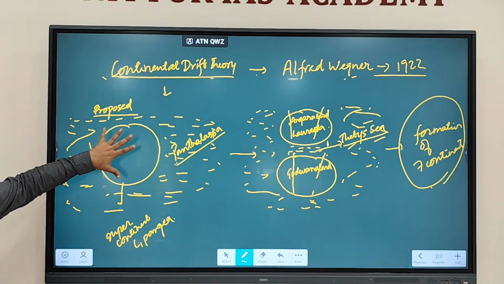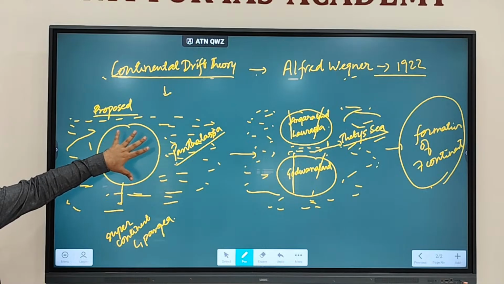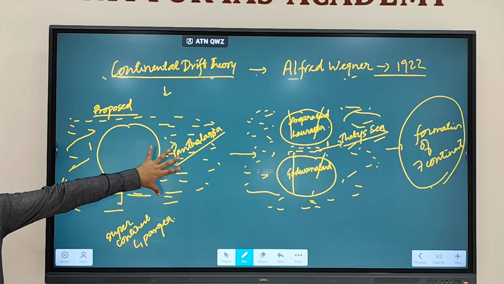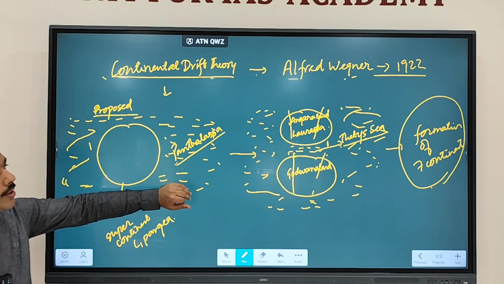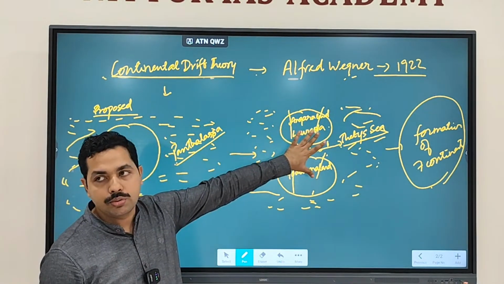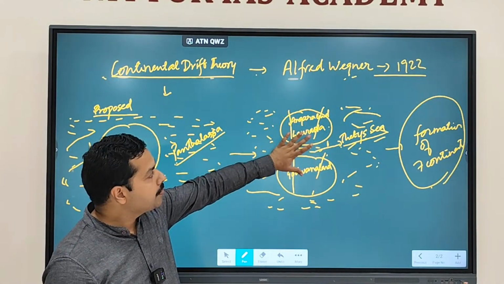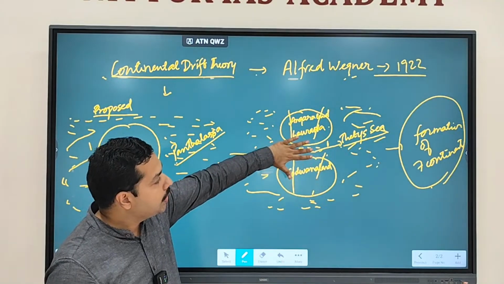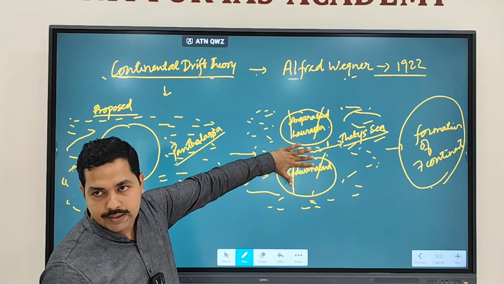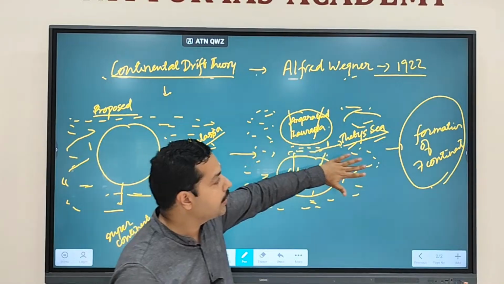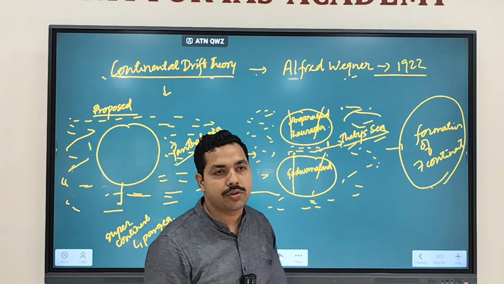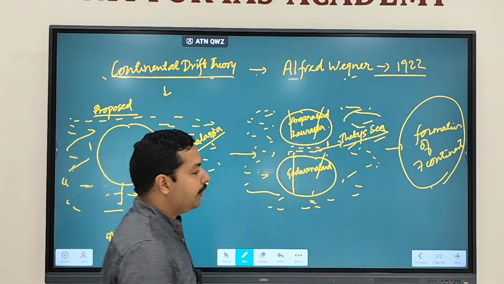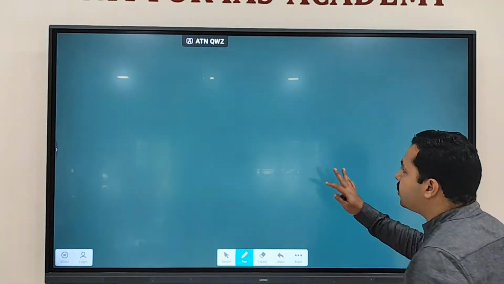Fine. So what is happening? Continental drift theory, he says that initially there was a supercontinent. This supercontinent is referred to as Pangaea, surrounded by an ocean called Panthalassa. Over a period of time, Pangaea got broken down into 2 parts, which are referred to as what? Angara land and Gondwana land. Between Angara land and Gondwana land, a sea develops which is called the Tethys Sea. Further breaking down of Angara and Gondwana land led to the formation of what we call the 7 continents. Clear? Now, when he is proposing this particular theory,